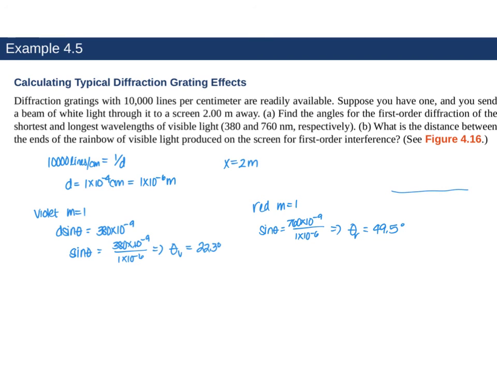Now here they want to know the difference in the Y values. So here's the diffraction grating, here's the screen, here's the violet and here's the red, and we want to know the difference between these 2 Y values. Now remember, the tangent of that angle theta is equal to Y over X, where X is the distance to the screen. So the Y of the violet is equal to 2 meters times the tangent of 22.3 degrees. And that gives us a Y value of